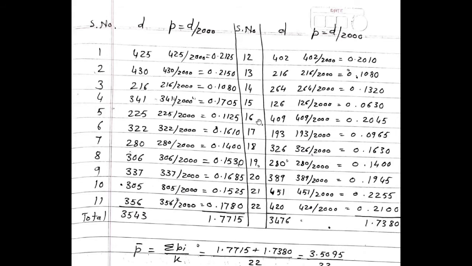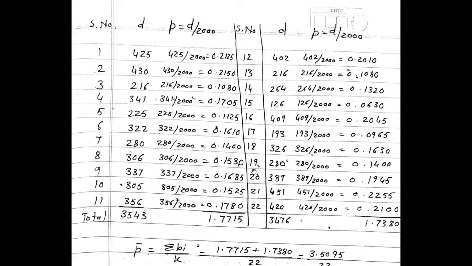16th sample, D value is 409. So 409 divided by 2000 becomes P value as 0.2045. Next 17th sample, D is 193. So 193 divided by 2000 becomes 0.0965. 18th sample, D value is 326. So 326 divided by 2000. The value becomes